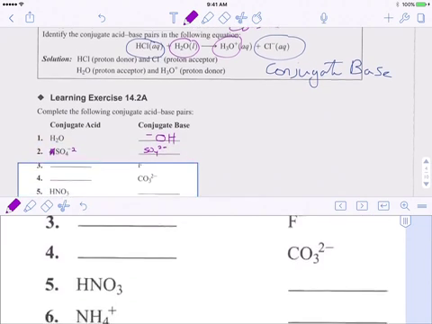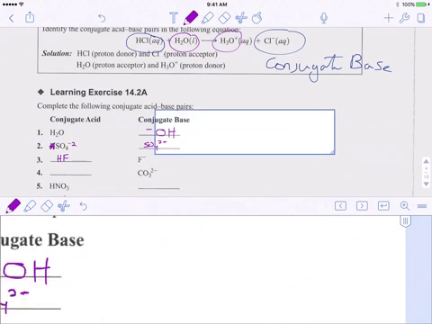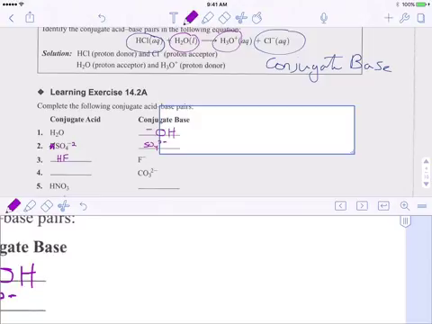Now, let's see here. What about this one down here? Fluorine. Excellent. So this is the conjugate base. The conjugate acid would be with the hydrogen connected to it, or just the proton. We were left with HF. So as you see here, what we're doing is adding and removing